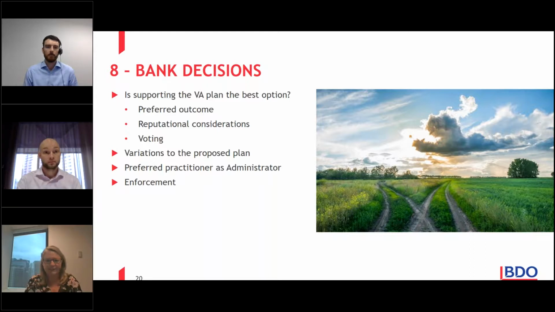Just something to raise for those familiar with liquidations. I know banks in liquidations are quite anxious about voting because it means you're effectively giving up your security. You'd only be voting for any shortfall. That's not the case with the VA. The banks can vote. With the deed of company arrangement, anybody who votes for it is bound by it. Normally, you may sometimes find banks abstain and make a different arrangement with the administrator, which is aligned with the deed, but it may have particular milestones.